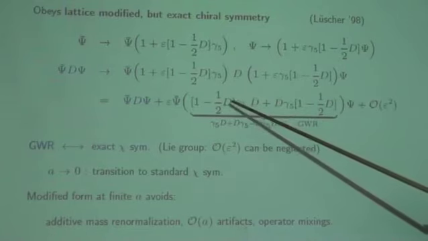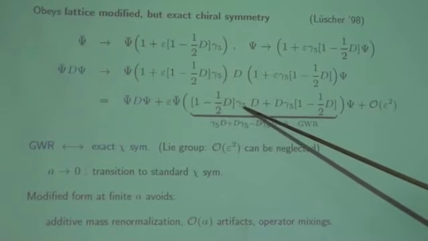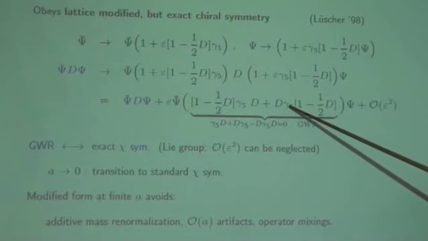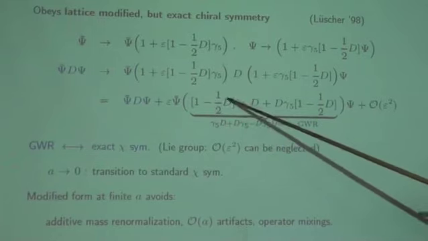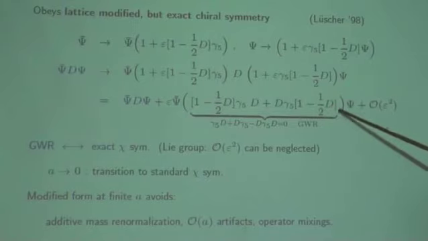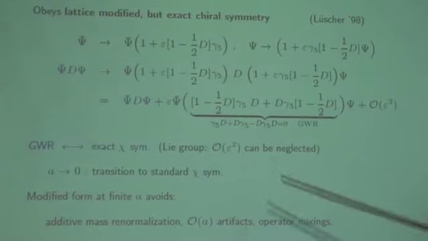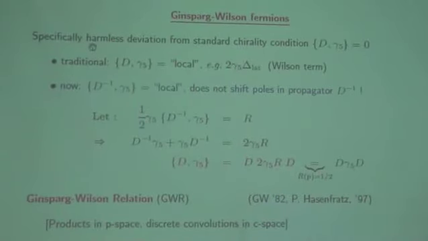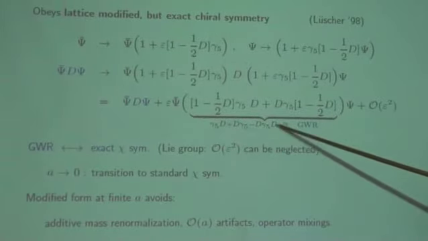Now from here I get gamma 5 d, and then from here down d gamma 5, so this is the anticommutator of d and gamma 5, and then here I get twice minus 1/2 d gamma 5 d, so together minus this. So if the Ginzburg-Wilson relation holds, this is exactly the Ginzburg-Wilson relation. If this holds, then this extra piece is 0, and that means we have invariance to order epsilon, and